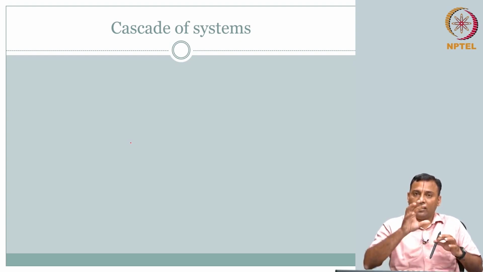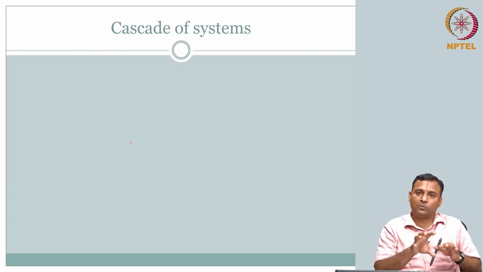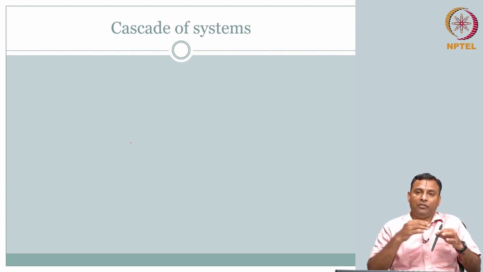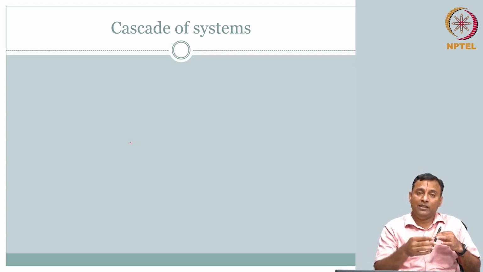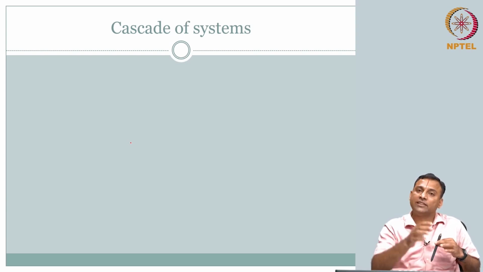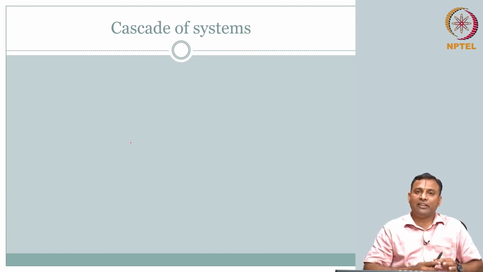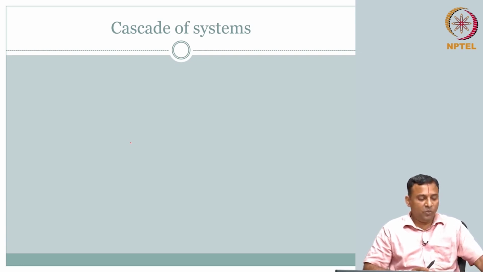If I talk about this as a subsystem, it has its own response, so be it. But if I see the full system as a cascade of subsystems, then the weakest guy, the poorest guy, determines the limits of the whole system. That's true with everything, right? So that's common sense's answer. So let's see how we